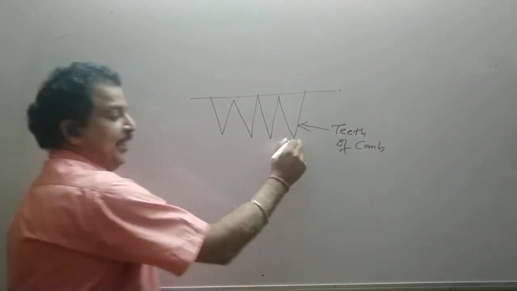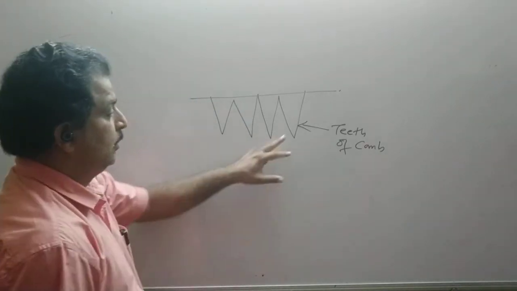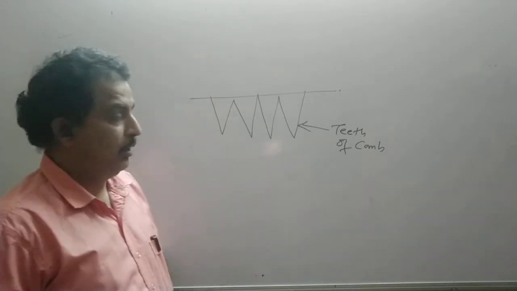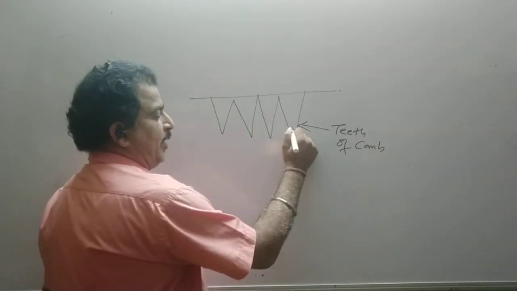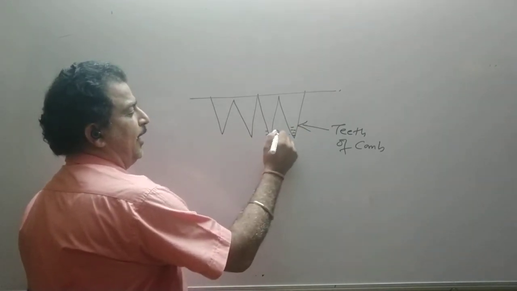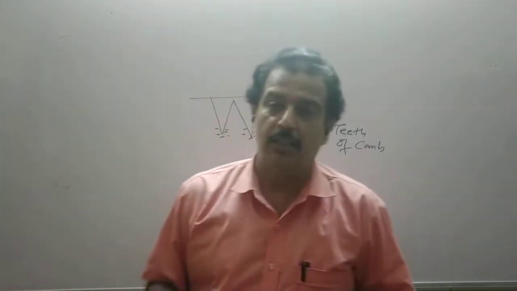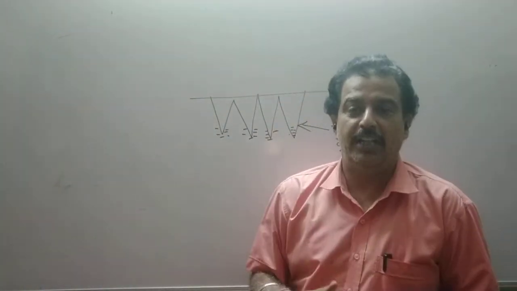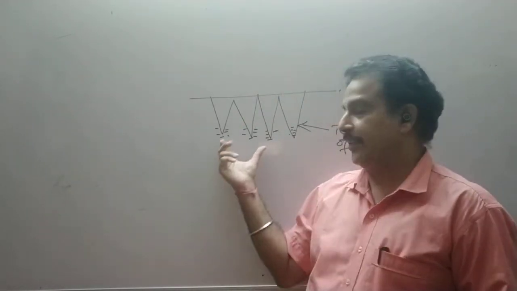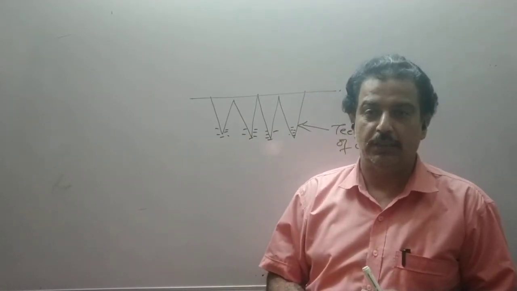Now when I rub it with my dry hair, due to friction it will gain some charge. So transfer of charges takes place. Let us assume that these teeth are negatively charged. That means the transfer of electrons has taken place from my head to the comb. The comb has an excess, and my head will become positively charged due to the deficiency of electrons.